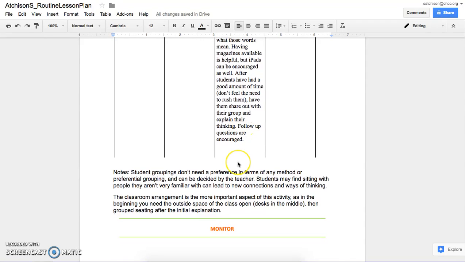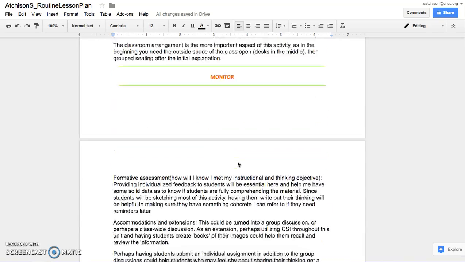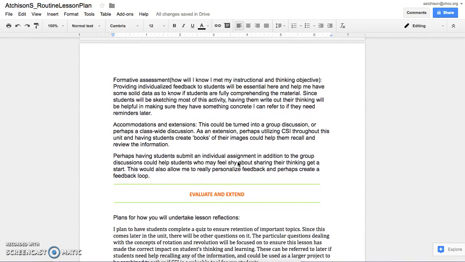From there, I made sure, as an extension, to put this maybe in a group discussion in the LMS, perhaps as an all-class discussion, kind of like we did in this class. In the same way, having an individual assignment be turned in would be very helpful as well, because that would help me create a more individualized feedback loop